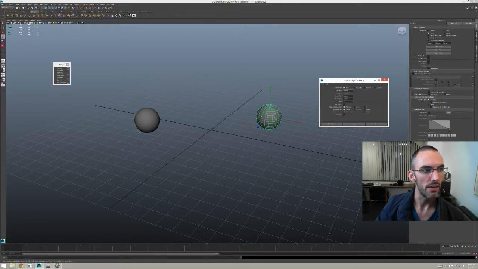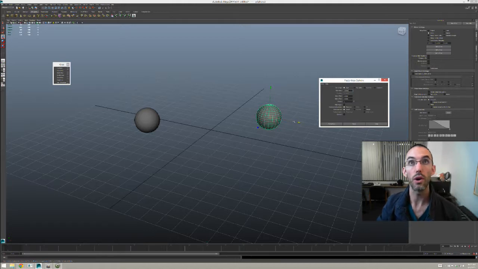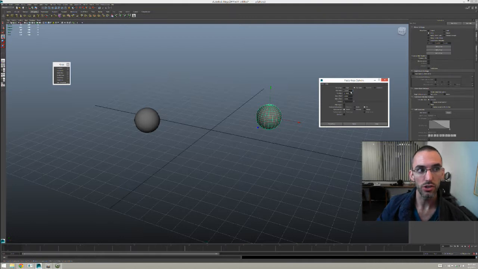Okay, so if nothing is changed, so these are two spheres, or I don't care about the changes, then I'm just going to do a paste on the current time range, okay?